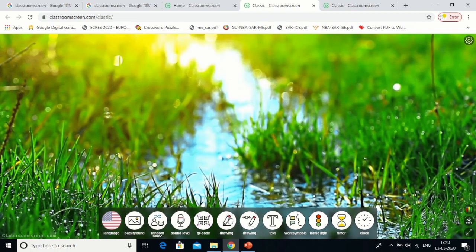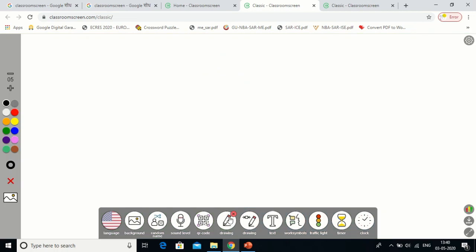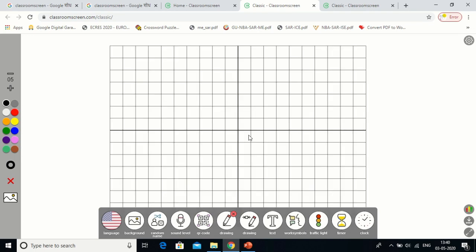Now this is an ultimate feature which is available of a drawing. As you can see, this drawing feature is different than that of the drawing which we had seen. I have option of selecting the background for it. For example, if I am selecting the XY plotter over here, for the maths teacher this is a wonderful tool to use. You can use a math XY plotter there, and for various signals we need this XY.